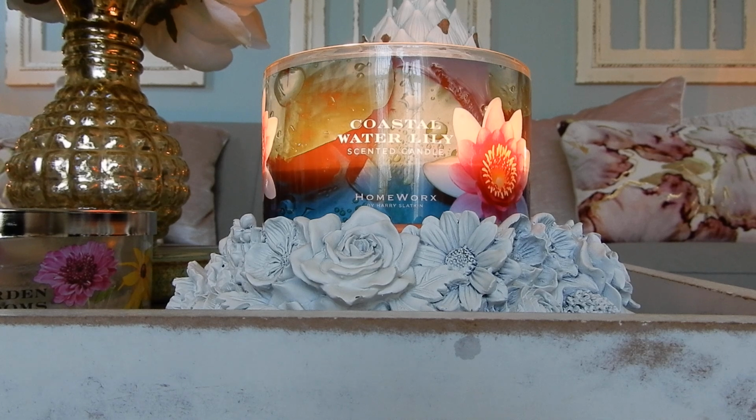So I'm going to tell you guys about the description, what I get from it. And then we're also going to have a fun conversation about where the heck my fourth wick went, because it just disappeared. We'll get to that in a second. Okay. So the scent notes here are water lily, pink jasmine, white peony, and peach blossom. Okay, first of all, these floral notes,